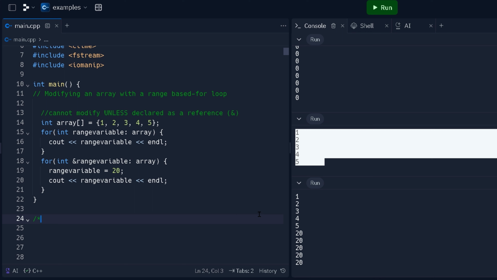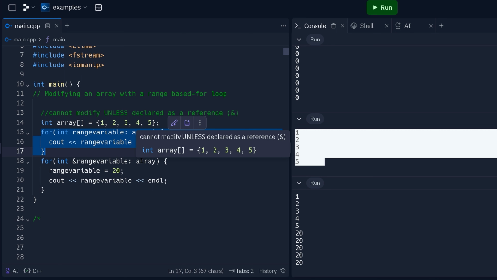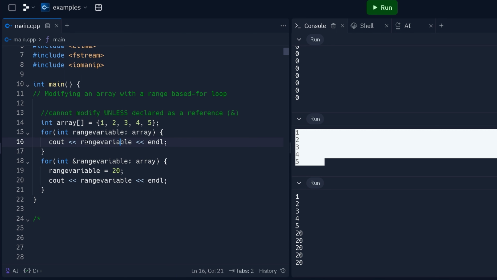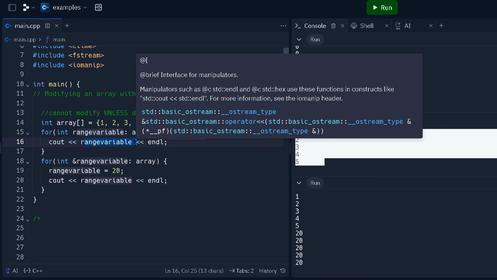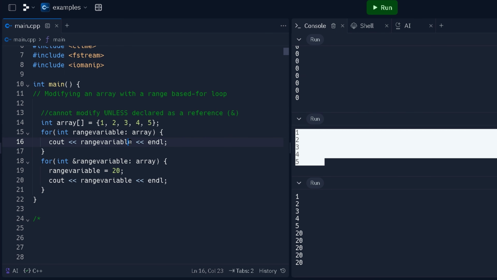It's pretty cool. As the range-based for loop executes, we know its range variable contains only a copy of an array element. So if we look at this example, which is from the previous video, it's in the playlist link below the like button where we talked about it. We have this int range variable and we set it to array, and we're using this variable to go through all of the indexes of our array and print the element at that index. It only contains a copy of an array element though. We cannot use a range-based for loop to modify the contents of an array unless you declare the range variable